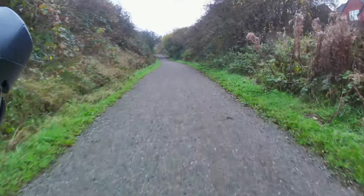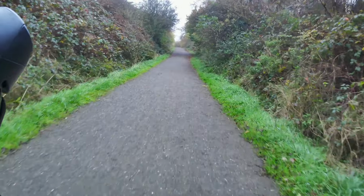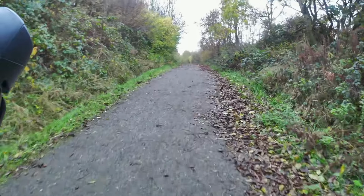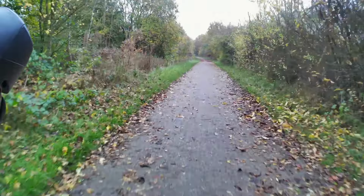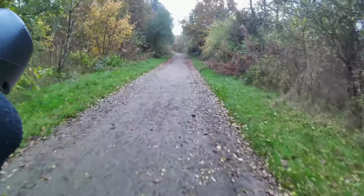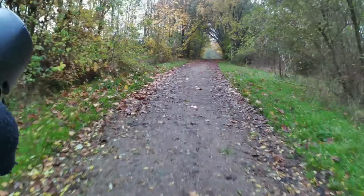So for those wondering, incline at the minute, about 3.5%. Just picking up a little just ahead. It's nothing too arduous. Six and a half, just touching on 7% there, and then we level off. Okay, nearly at the summit, this little ramp,